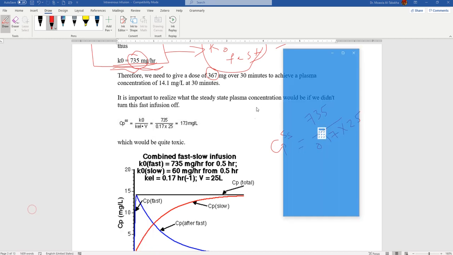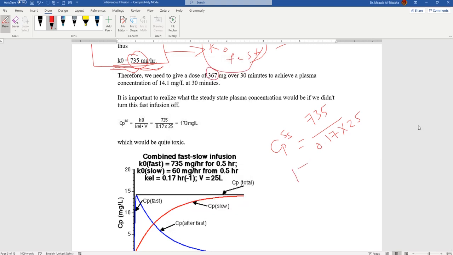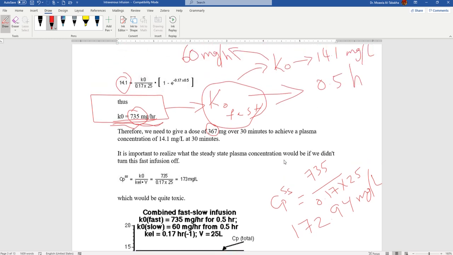It will be 735 divided by 0.17 multiplied by 25 liters, and this will give you 172.94 milligram per liter. This is instead of, this instead of